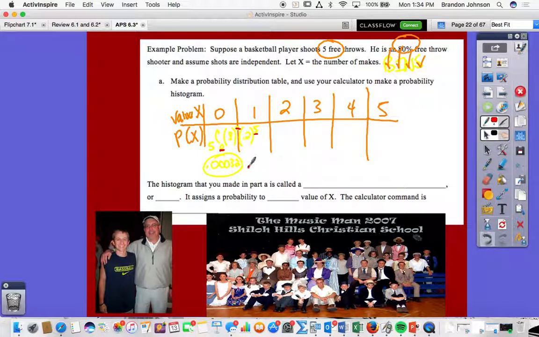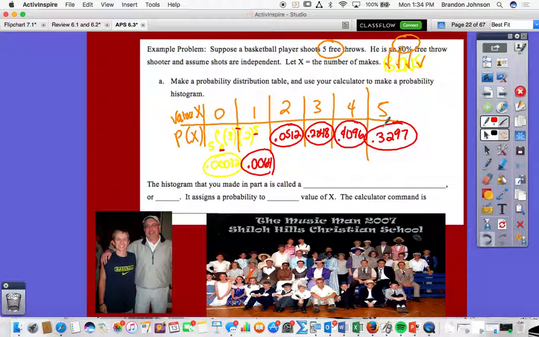And once I do that, I would get, and I think I did this just a second ago, 0.0064, right? Once I do 2, again, the same thing. This now becomes 2, and it changes these around. We get 0.0512. I think we just did that on the other slide there. 3 would be 0.2048. 4 should be the highest, right? Because 80% would be 4 out of 5. That should make sense there. 0.4096. And for 5, we would get